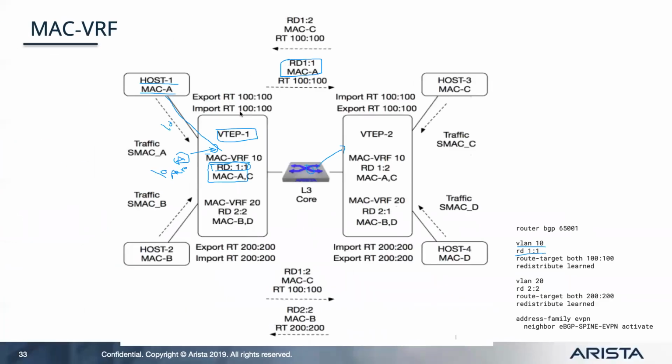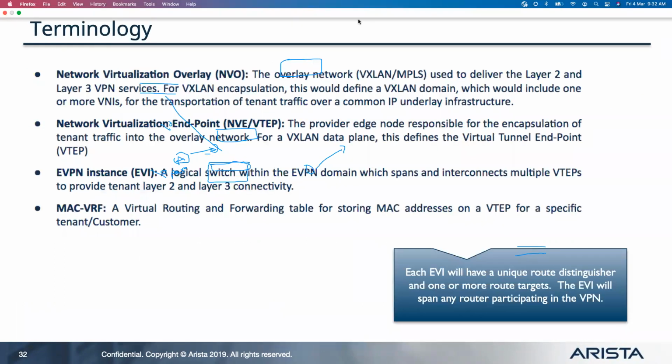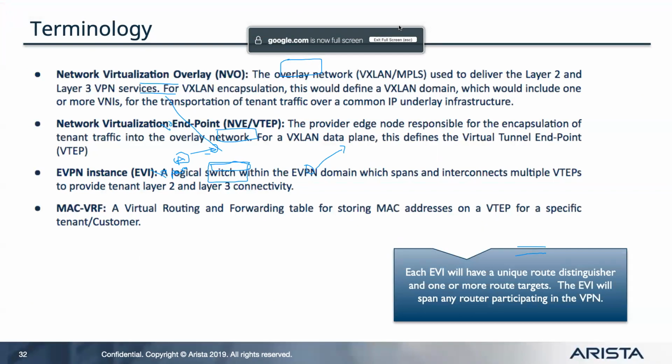Okay. So in the same way here, you added the RD value, and now you check for this VLAN 10 what the route target export is. So it is 100, right? So what you will do,